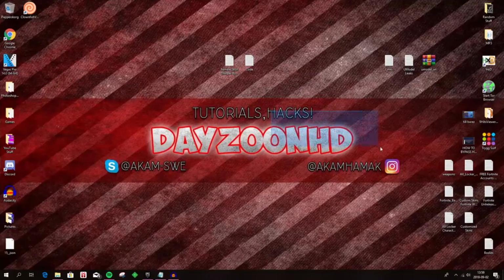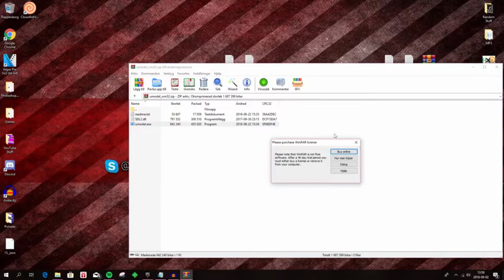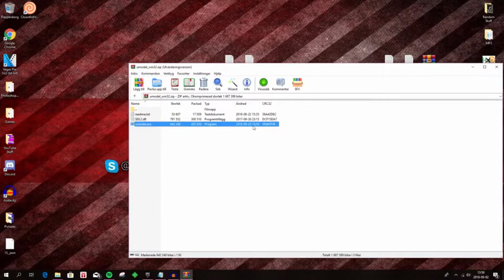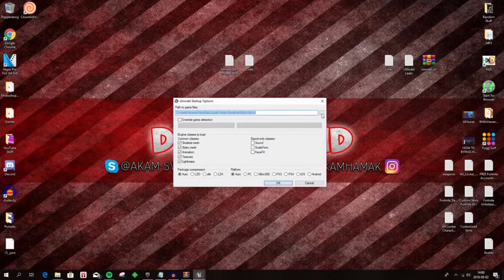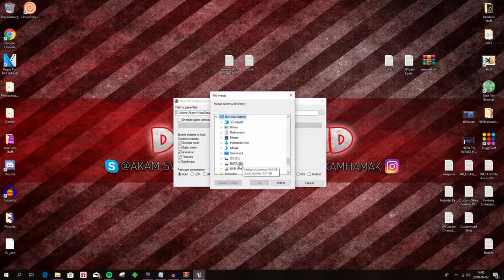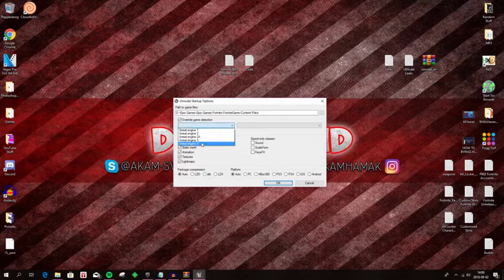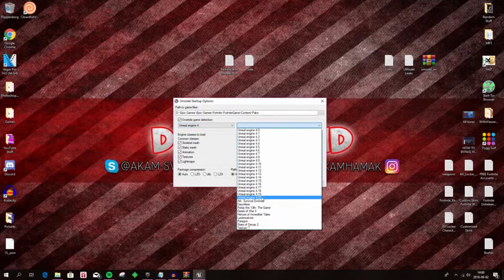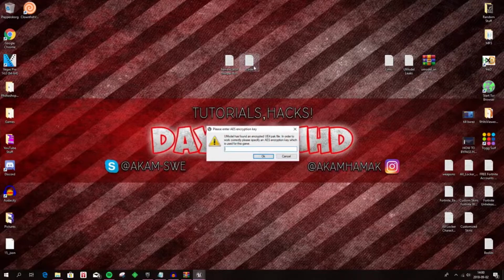Alright, so the first thing you want to do guys is that you're going to download this program. It is called umodel. It is going to be in the description down below, the first link. So once you clicked on the link, you're just going to install umodel, and once you have it, you're going to open it up and then this will pop up. So once you're here, you're going to locate your Fortnite game. For me, it's on this PC, and then here, and then Epic Games, Fortnite game content packs, and then you're going to click on OK, override game detection, Unreal Engine 4, and then the latest update, which in my case is the 420. And then you're going to click on OK,